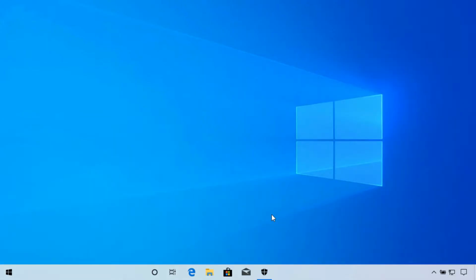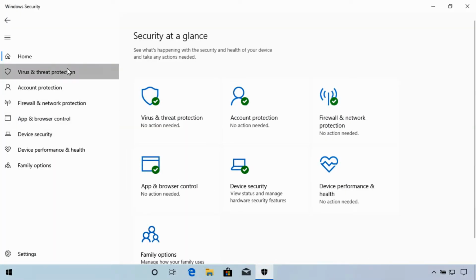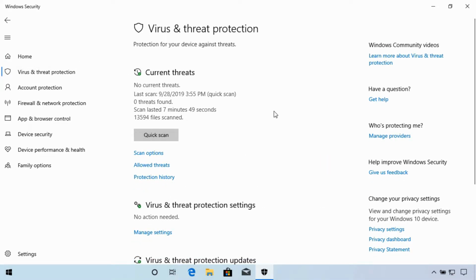In this lesson, we'll look at using virus and threat protection in the Windows Security app. Let's open the Windows Security app and we're going to select Virus and Threat Protection. Now, unless you've installed some other antivirus software, Windows Security will use Windows Defender antivirus to provide virus and threat